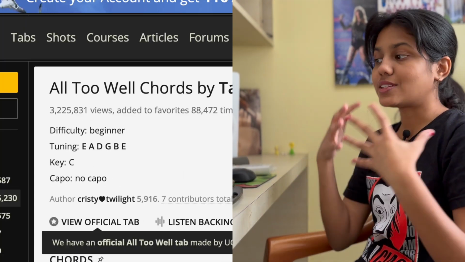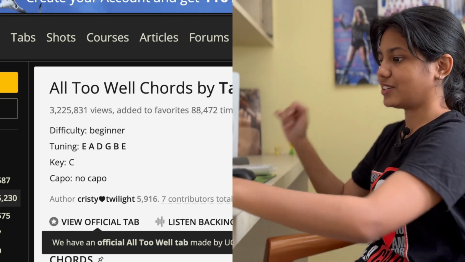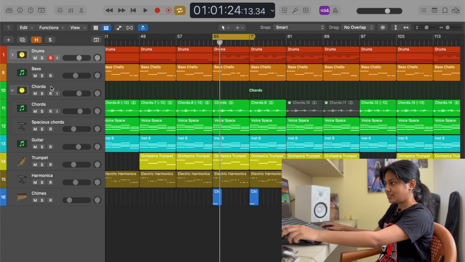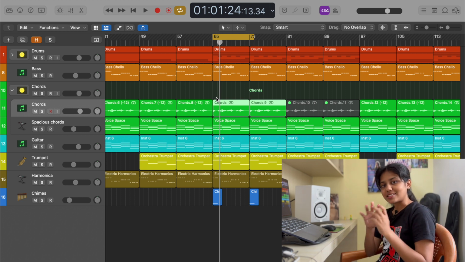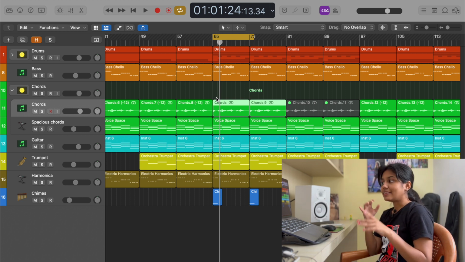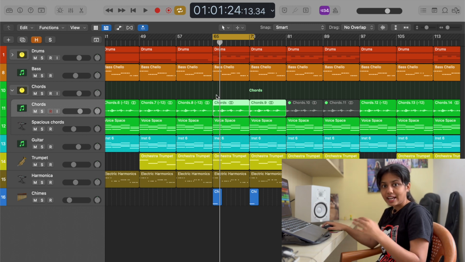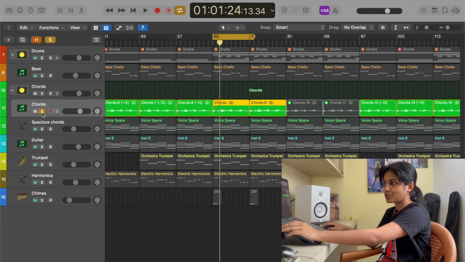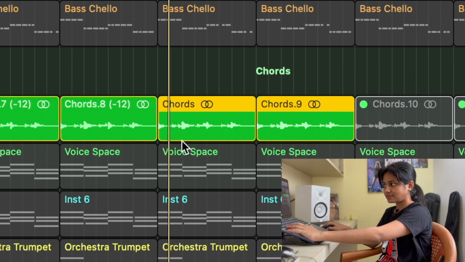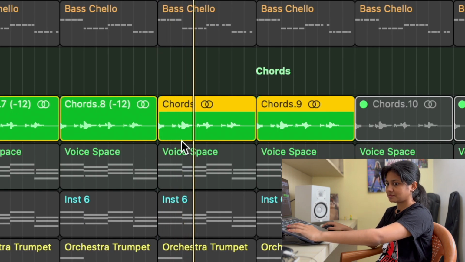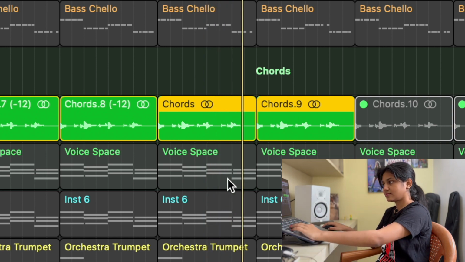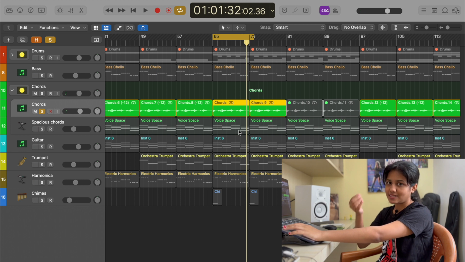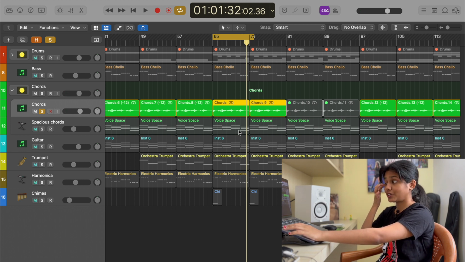So I'm just going to use the same chords and make a chord progression first. And that's what I've done here already. Under these chords, you can see these waveforms, right? What I did was I initially took a piano virtual instrument and recorded the same progression. So I did C, then G, then A minor and then F, converted that to audio, and this is what we have. I'm just going to solo this and show it to you. Just added a little bit of passing notes in between those chords,